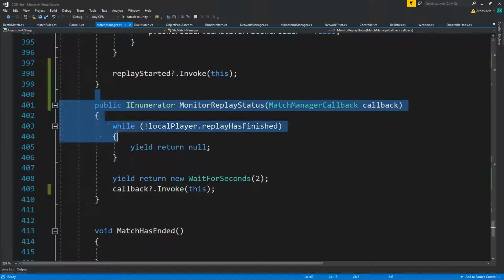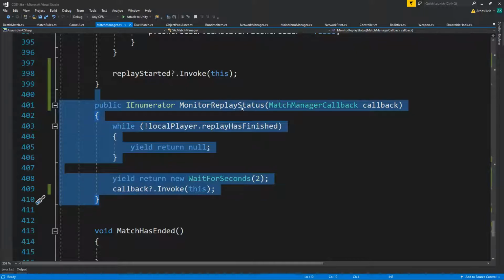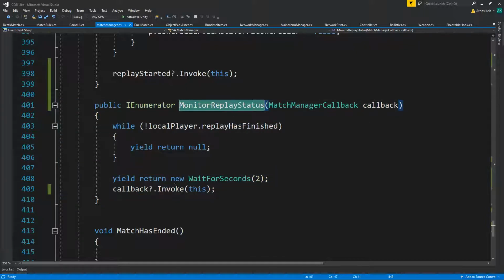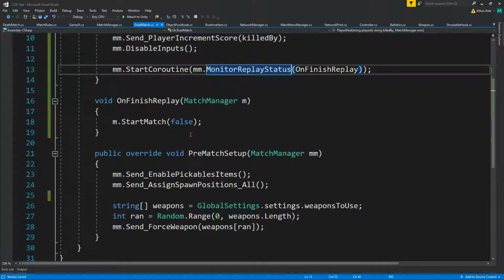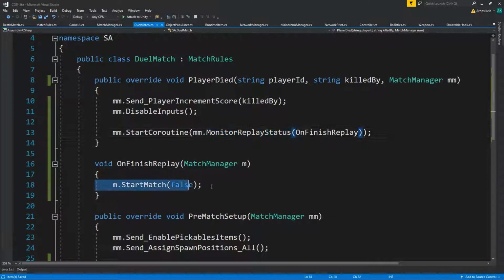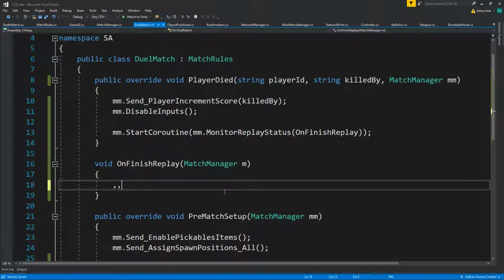We could just do, no, actually that's just correct. So monitor replay status, then on your duel match, on finished replay, you'll start the start replay method,